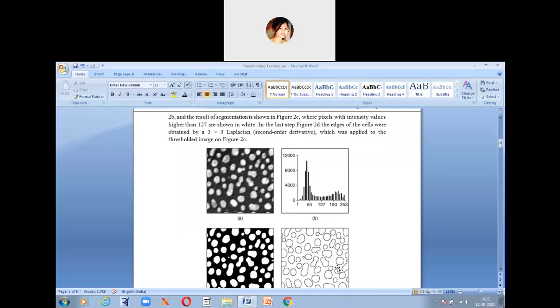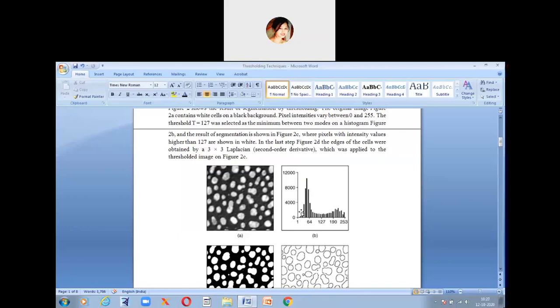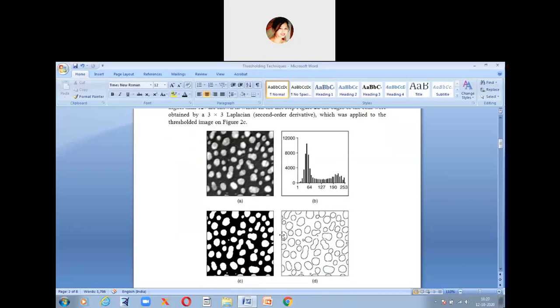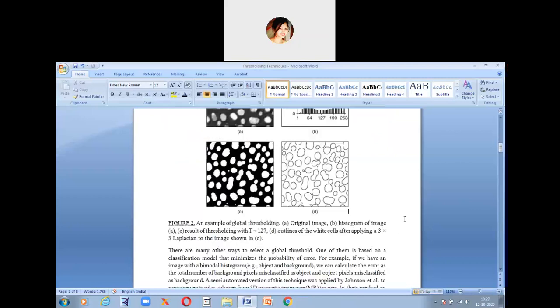So here you can only see the edges of these white cells, and they are extracting them with the help of a Laplacian, which is a second derivative operator, applied to the thresholded image in figure 2c. Okay, so these are the 4 steps in global thresholding. You take an original image, then you take out the histogram, that is the bimodal histogram, not just a simple histogram, and then you segment using this histogram, and finally you use a Laplacian operator to take out the edges of these white cells. Okay, so step by step they are showing it.